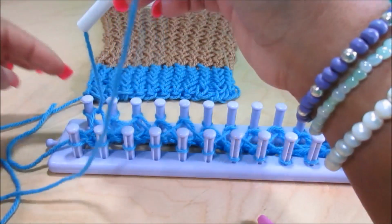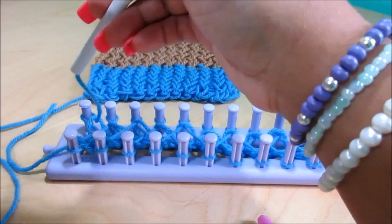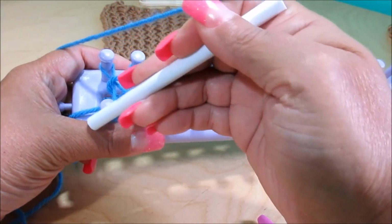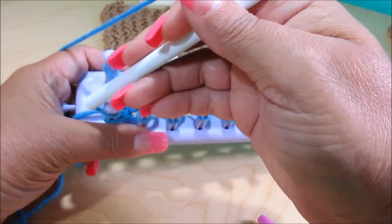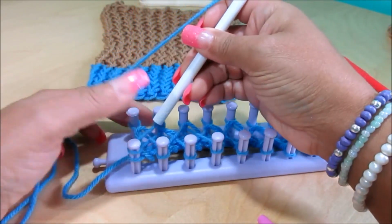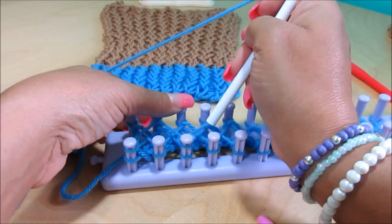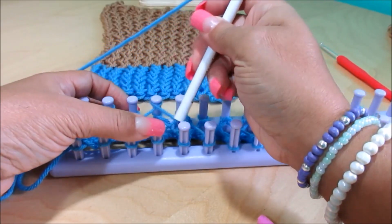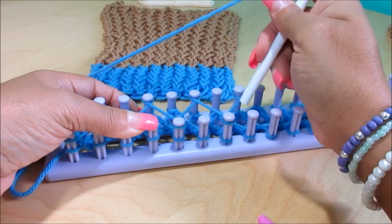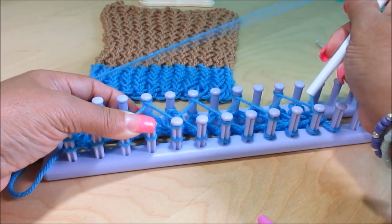Once you finish here, your yarn always will be with this stitch and the inside. So you're gonna bring it straight to the next peg, you see, and you're gonna wrap this one from the inside out. You're gonna skip this one and go to the next one and wrap around. Skip this one and go to the next one and wrap around. Skip this one and go to the next one. Skip that one, go to the next one, and again you're gonna continue doing this for 5 rows. Each time I finish a row, I write it down. That way I know